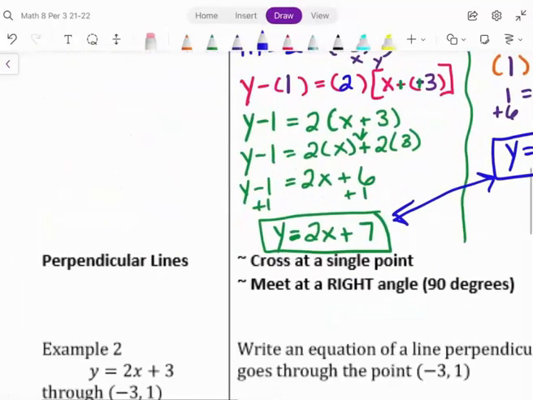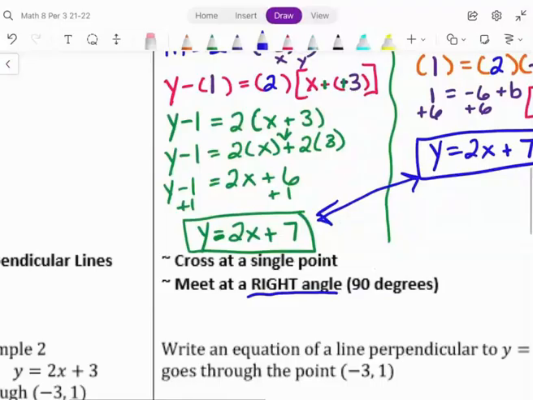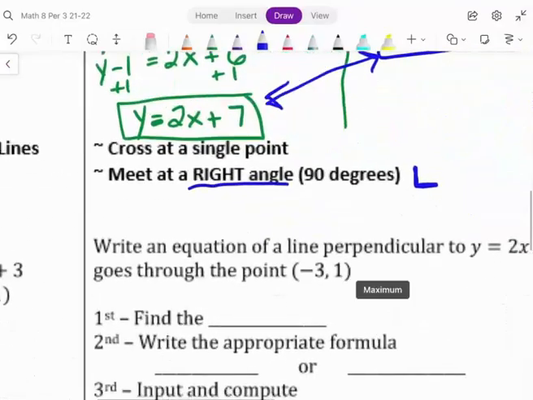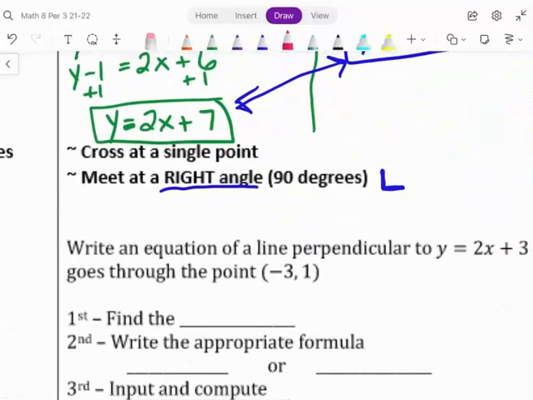The next section is perpendicular lines. Perpendicular means they cross at a point, they meet at a right angle. So remember, C is corner and right angle. The words you need to remember for this, and you're going to need them this year, and next year, and the year after, and the year after, is